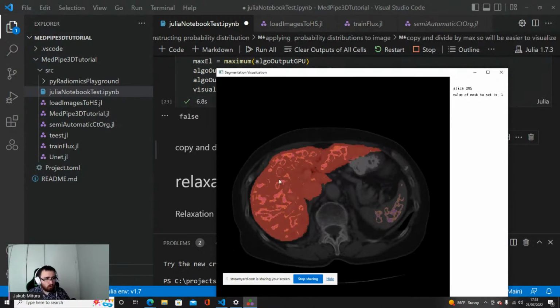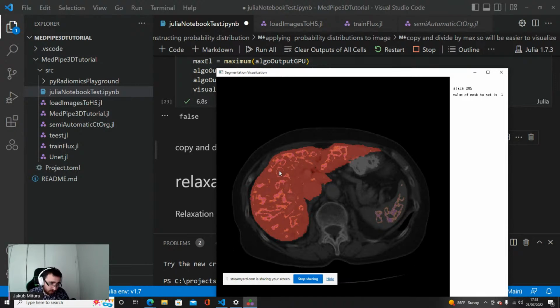But we know one thing: if there is a point that has high probability of the liver from each side, it's probably a liver. If you are here, for example, from all sides there is a high probability of liver, so probably this is all the liver.